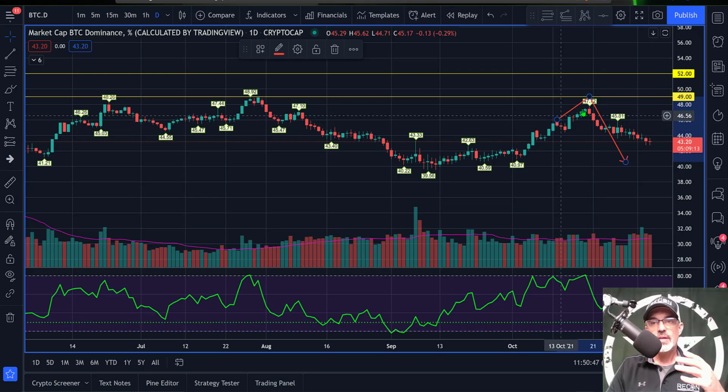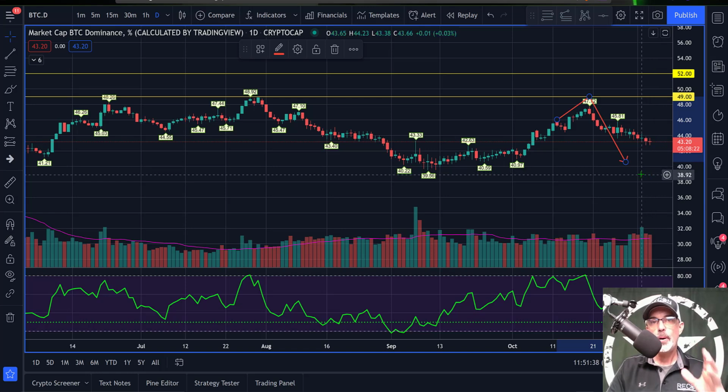I did, however, mention that this level here looked like it could be future resistance due to these past resistance levels where it rejected from, and a few days later it did actually reject at that level, and now Bitcoin dominance is going down. And the lower we can get this Bitcoin dominance down into this range, or even more like into the range down here where we saw back in 2018, like January of 2018, that's when the altcoins were really pumping. And so if this Bitcoin dominance trend continues in the downward motion, we could have several weeks